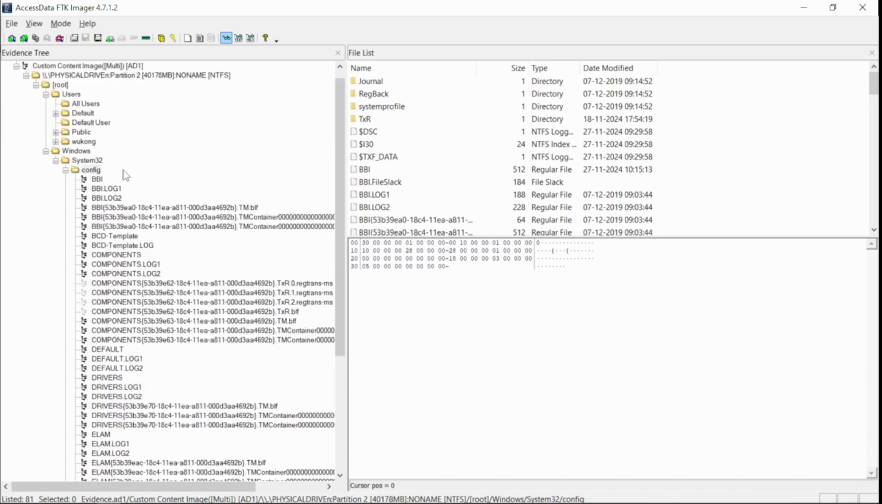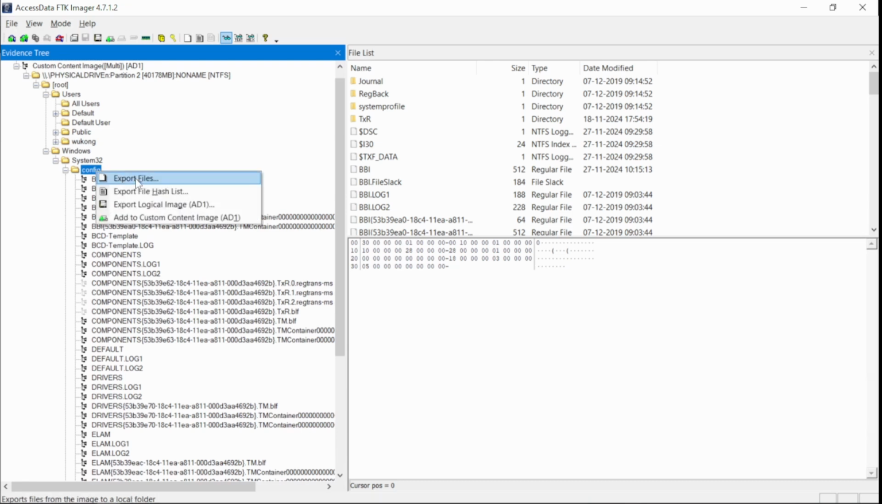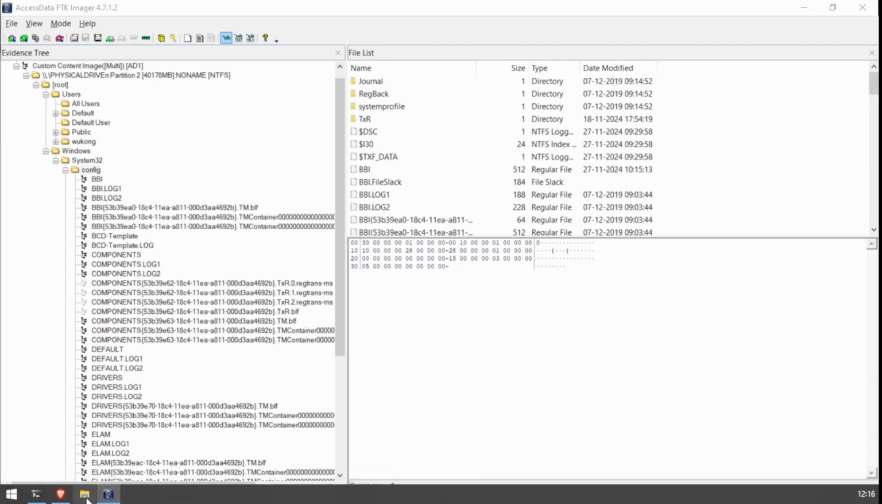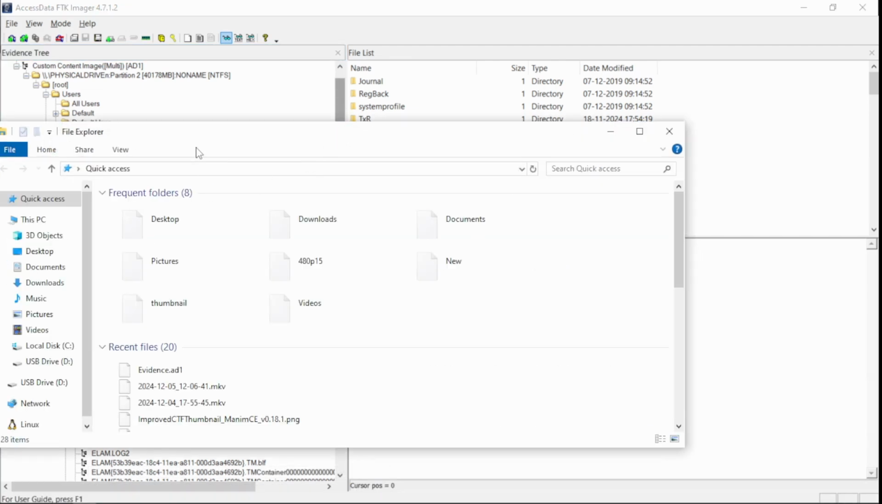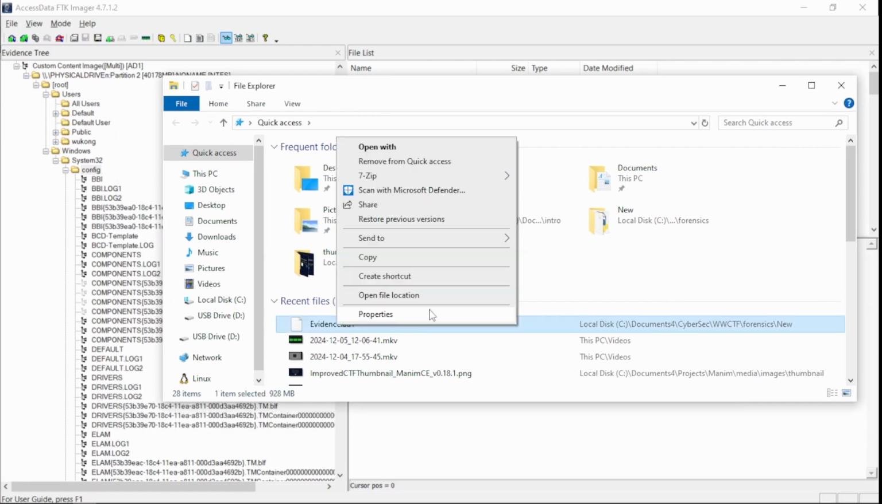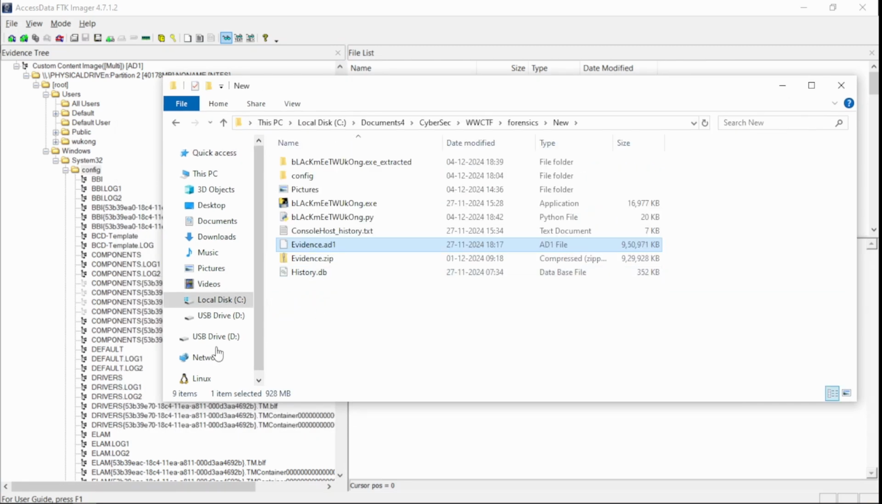Once you have this directory, you'll need to extract it or export it into your local directory because it's not a physical being in your file system. So you need to export the files, the whole directory, into your file system. Once you've done that,